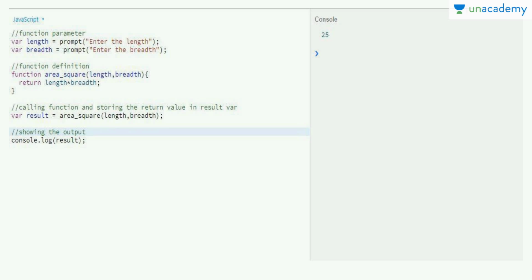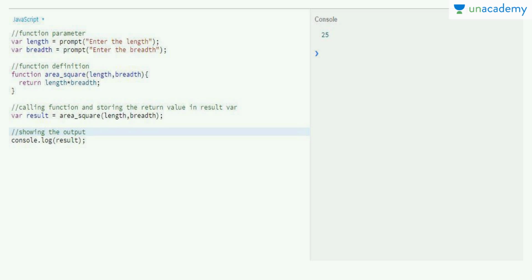Now your function is much shorter. In the function you have only one line of code: return length * breadth. When we call this function, it will take two parameters in the calling part, multiply both these values and return that to the caller.